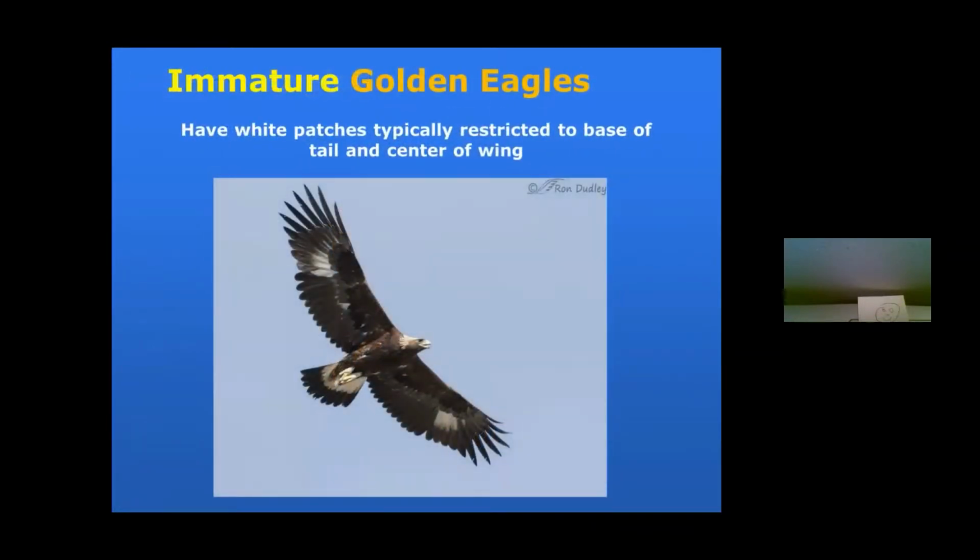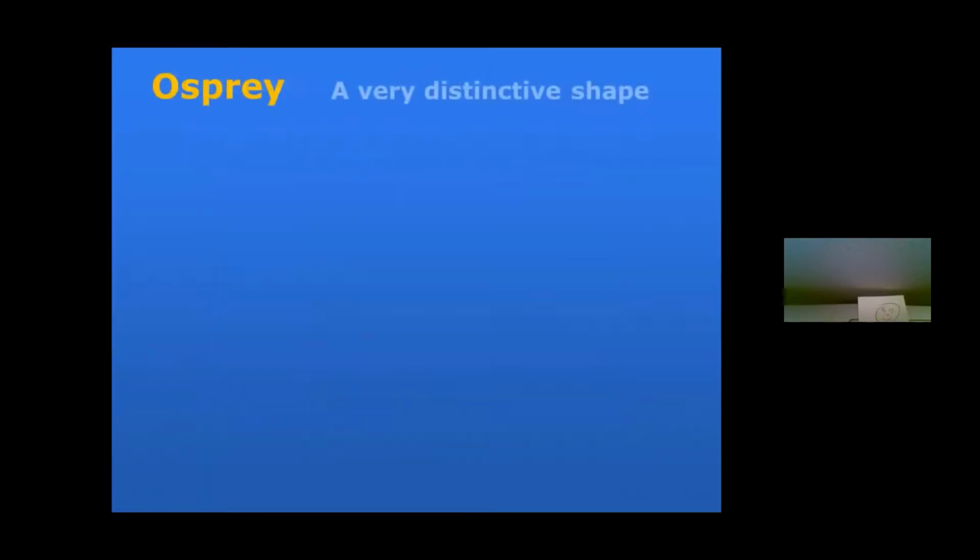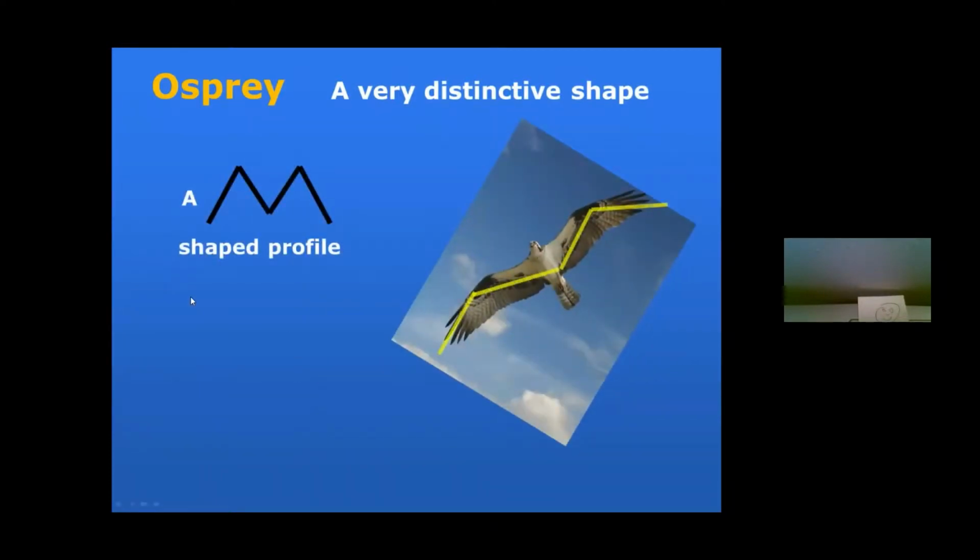And you typically will have an immature golden eagle if you see white wing patches at the base of the inner primaries. You can even see these white wing patches on the top side of the bird. And of course, then the base of the tail will be very white, a very broad white base of the tail band. In flight, very easy to pick up. So that's an immature golden eagle. My bad.